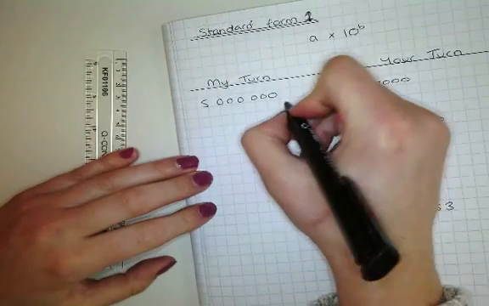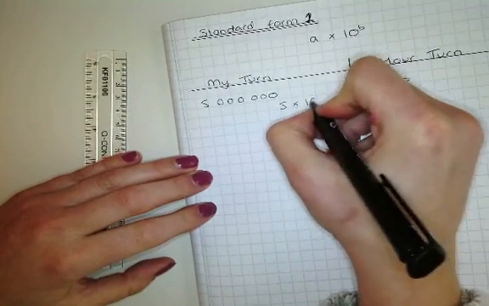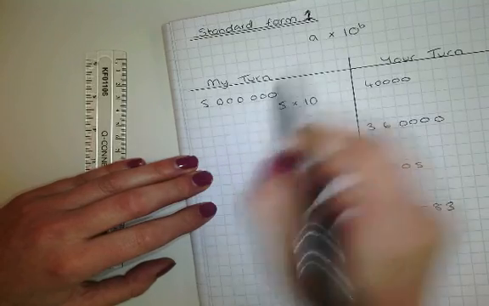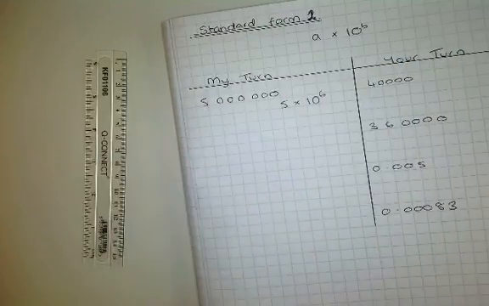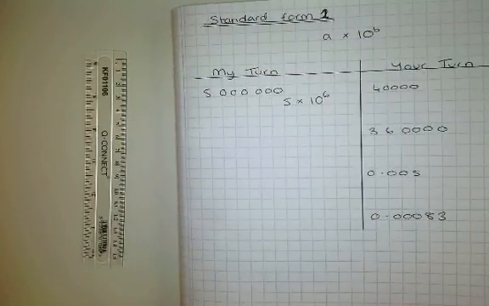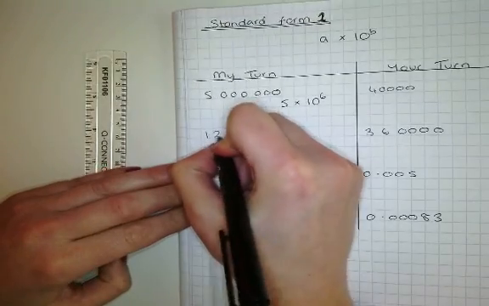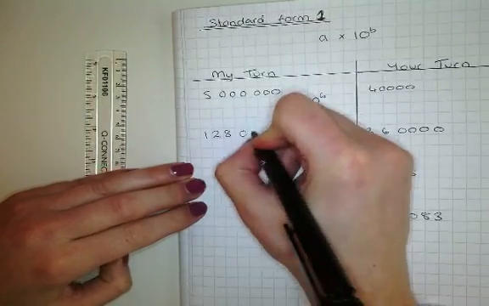And we write it as 5 times 10. Now I've multiplied that 5 by 10, 1, 2, 3, 4, 5, 6 times. 5 times 10 to the power of 6. Equally, if we had 128 million,